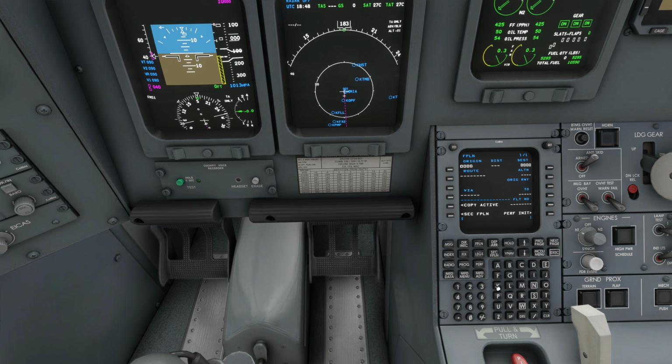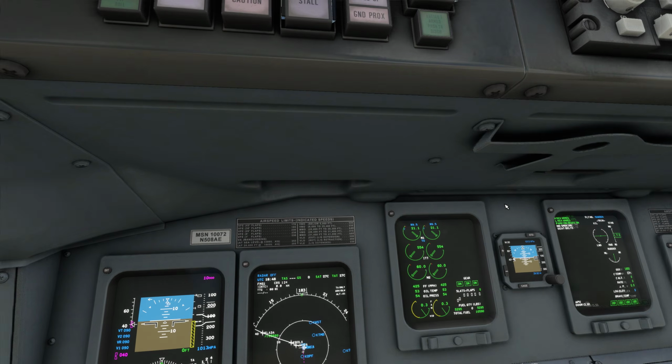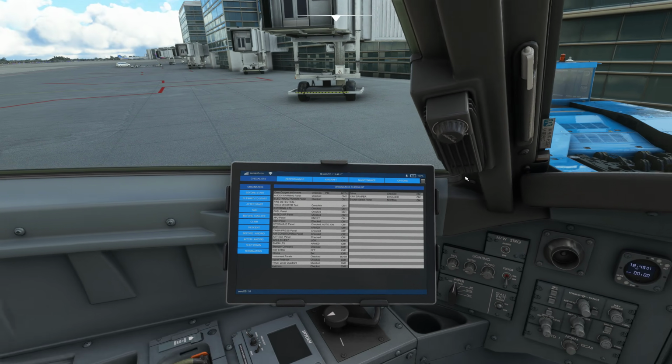Now let's go to the flight plan page. Let's go KMIA MBPV. Load that. Execute. That is good. There's a discontinuity, but we'll worry about that later. Now that we've got the flight plan loaded, let's come over here